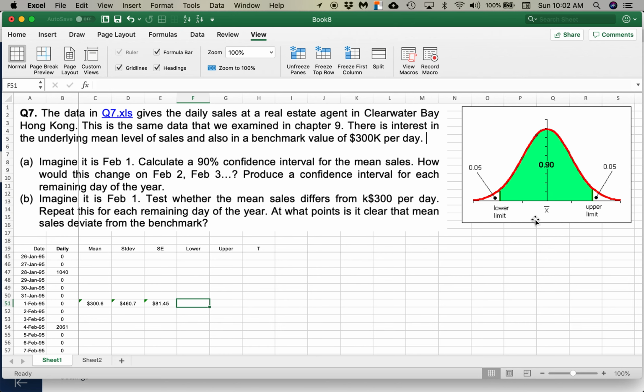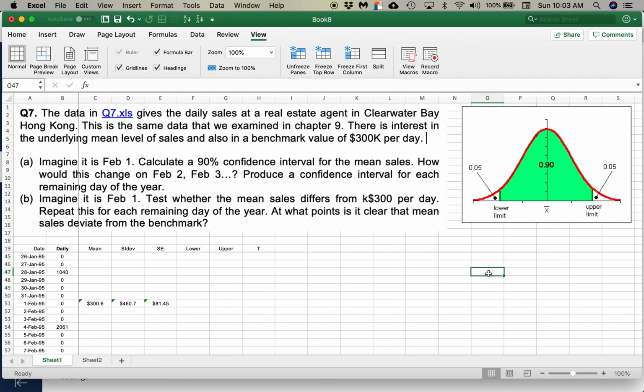If we want the middle 90% under a standard normal curve, this is what it looks like. So you've left 5% under the left tail and 5% under the right tail. So you have to ask yourself, what is this number right here? How many standard deviations is it from x bar, the mean, up to the boundary of this 90%? The formula that we use to calculate that in Excel is